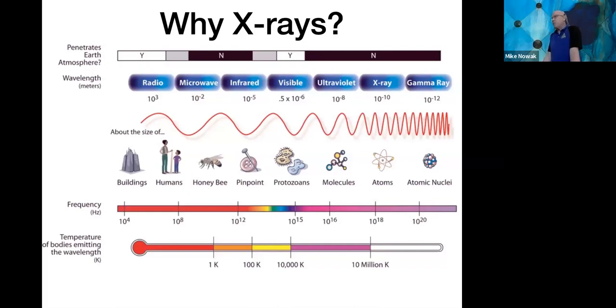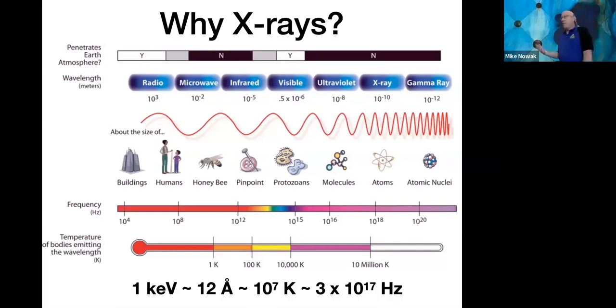As we go toward the optical, we get to smaller and smaller length scales, and optical light is on the order of typical microscopic organisms. As we go to ultraviolet, we're getting to the size of molecules. But as we get to the X-rays, we're talking about the spacing between atoms. That's important for the kind of detectors we use to reflect and detect the light, so we actually have to make our mirrors a little differently than we do in the optical.